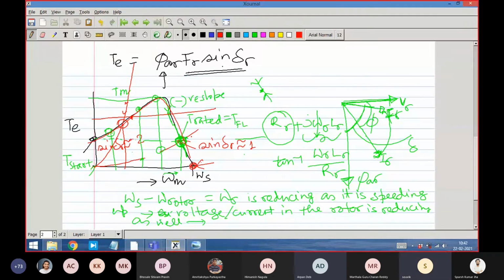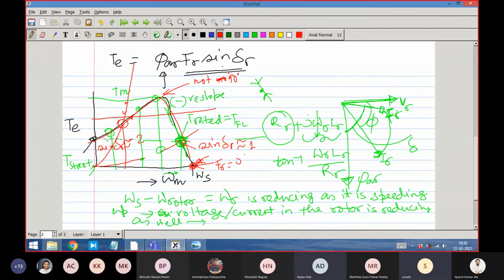Okay. But the current is more. This is not 90 degrees, but very close to 90 degrees. This would have been 90 degrees, but this is maybe 88 degrees. But for all practical purposes, we think that it is 90 degrees. The problem here is that the current I is equal to 0, FR is equal to 0, because the voltage has collapsed. So it cannot produce a lot of torque here.